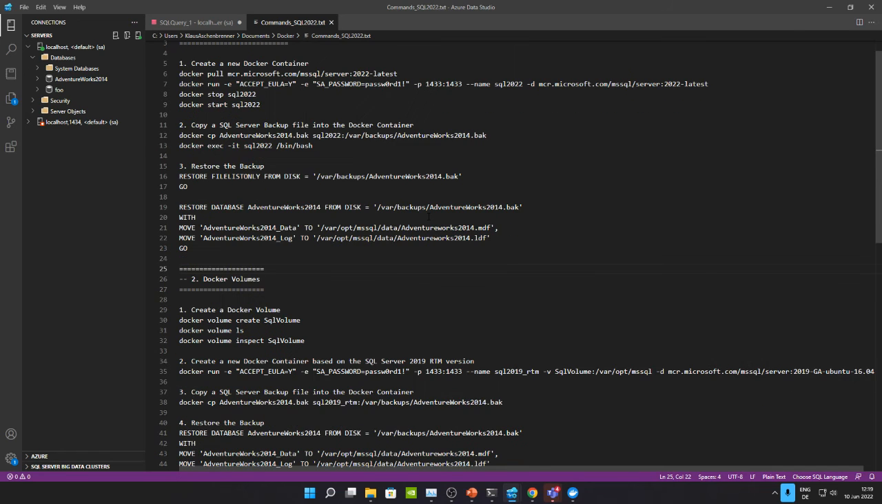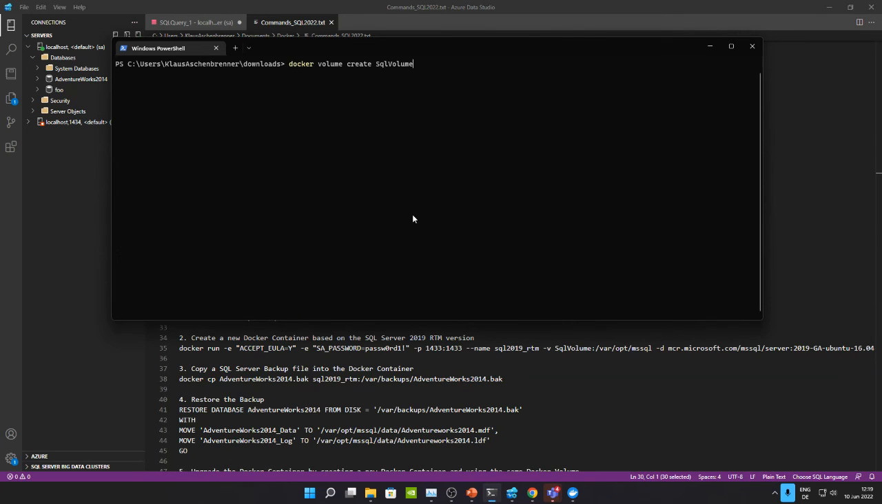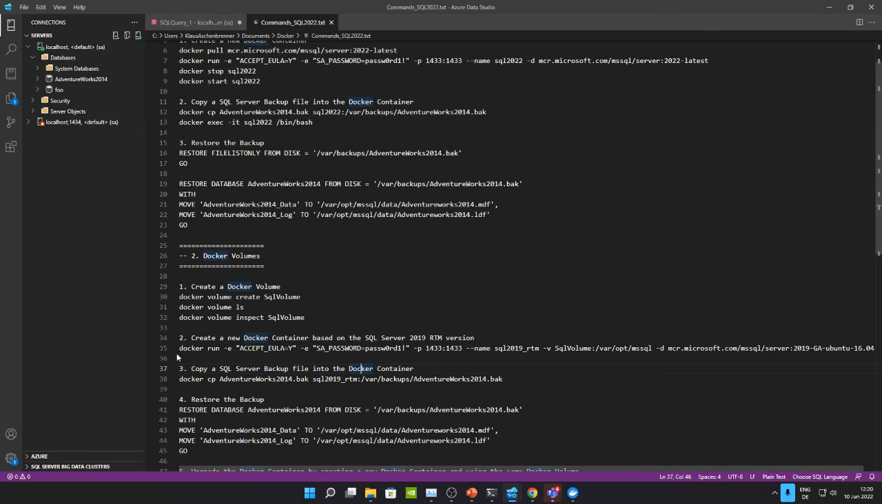Perfect. Cool. So let's now create a new Docker volume. We say here docker volume create, and the name of that volume is SQL volume. We can have a look at that volume with the docker volume ls command, and it's there. Means when we now spin up a new Docker container,